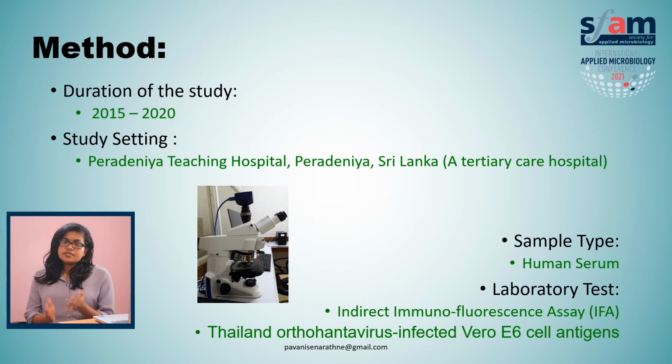The duration of the study was 2015 to 2020, and the hospital setting was the same setting I mentioned earlier, a teaching hospital in Peradeniya, Kandy. The sample type was human serum, and the test I used was the indirect immunofluorescence assay. The cells I used as antigen were Thailand orthohantavirus infected Vero E6 cells. So we will be able to get the details on whether these people are infected with